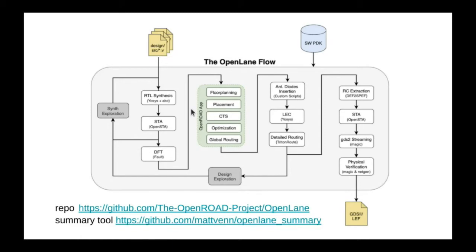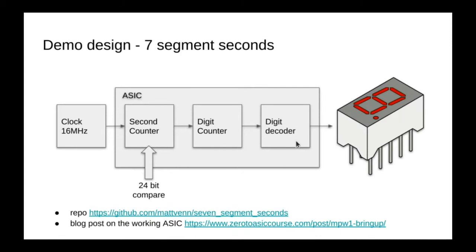We'll come back to this. Actually, no, I'll keep on going through this. Then we do logical equivalence checking, routing, and then we extract the parasitics for resistance and capacitance, do a final static timing analysis to check that we can meet our timing requirements, and then stream out to GDS2, and we get those files. So the demo design I'm going to use is the 7 segment seconds that I taped out